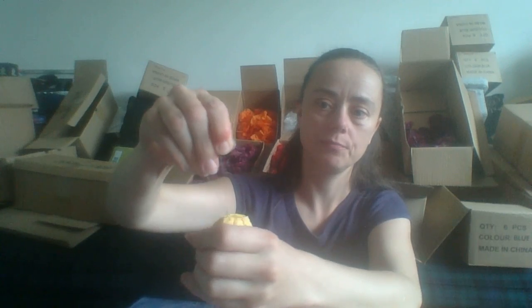So once you've done it, if you just get hold of the threads and just push the layers down towards the bottom or towards the top, whatever. And there's your flower. And I need several hundred, so